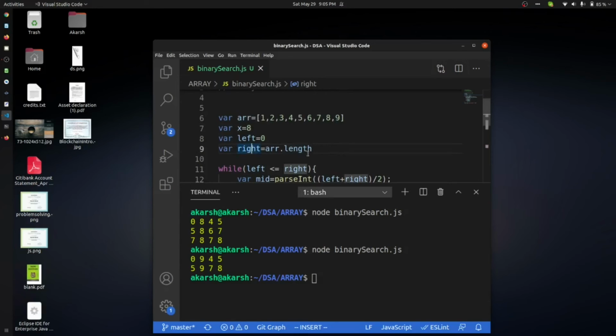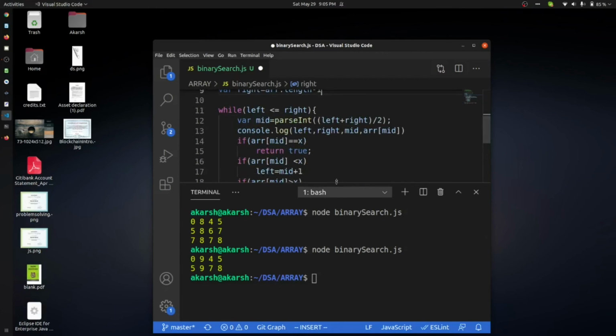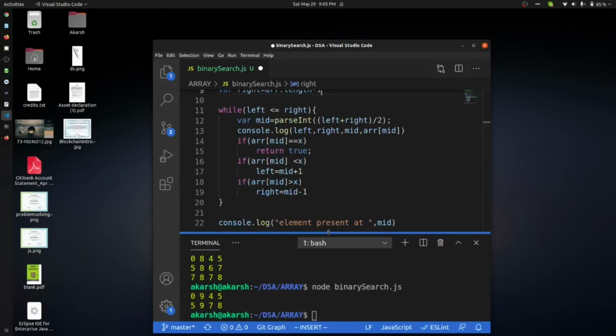I have to find the index, so it was right. Okay, so what's the issue? I think I have just missed something. While left is less than or equal to that, so we got our element right. I think this is getting wrong.